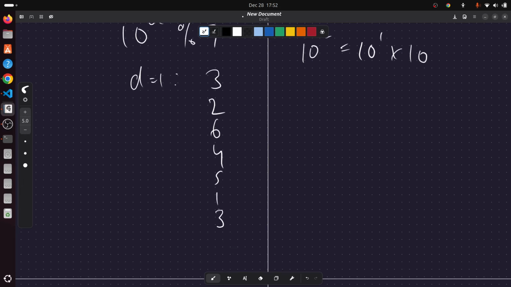So we got to 3 again, and now you will notice that 3 has already occurred before. So again, if we multiply by 10, we will get the same sequence, 3 2 6 4 5 1. Okay, so the point is that as soon as a number repeats,